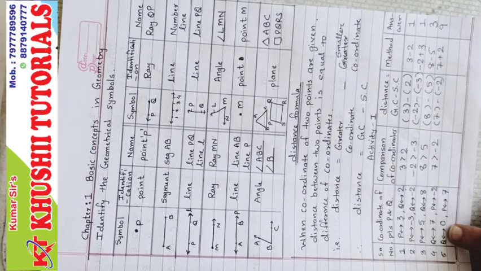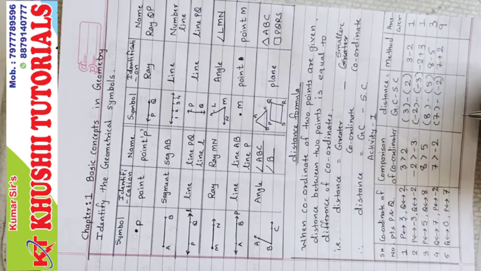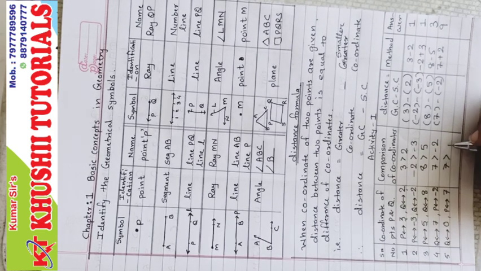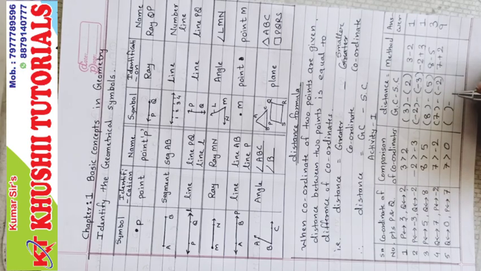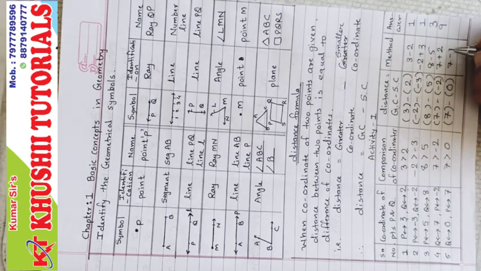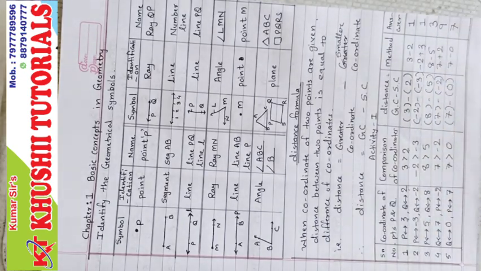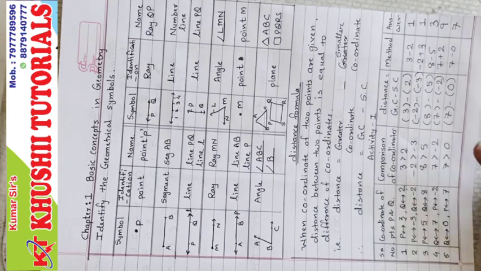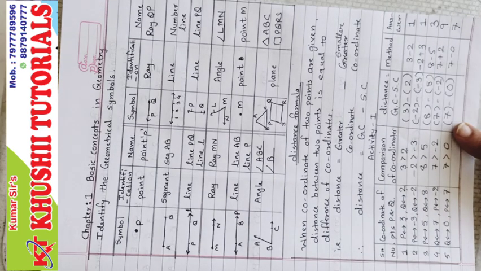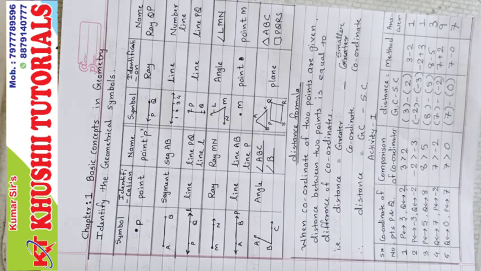And the last one, Q is 0 and P is 7. Which is the greater number? Definitely 7 is greater than 0. The formula of distance, greater coordinate minus smaller coordinate. So 7 minus 0 equals 7 units. Hope you understood this activity. If you know this activity, now it is very easy to do some sums of exercise 1.1. So we will not wait and we will start with exercise 1.1.